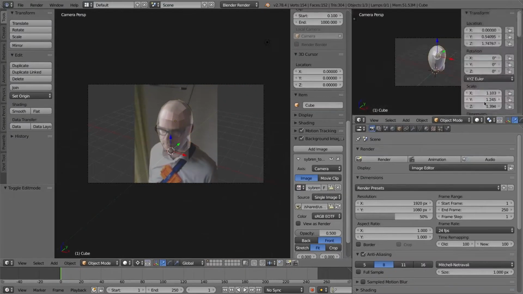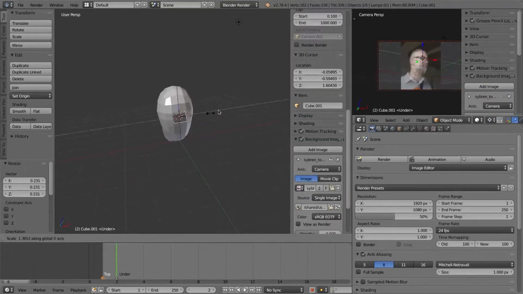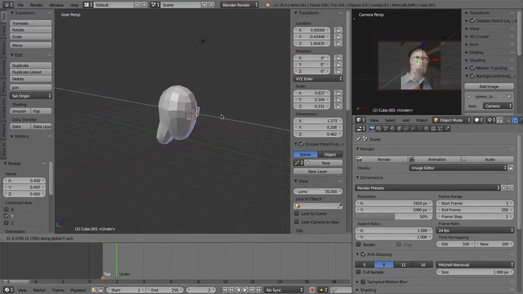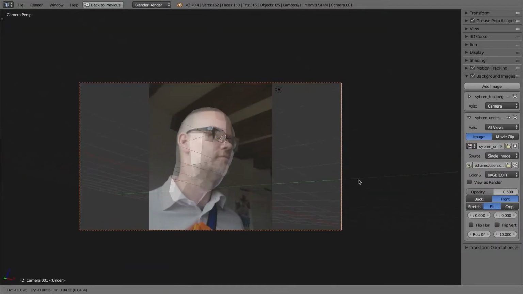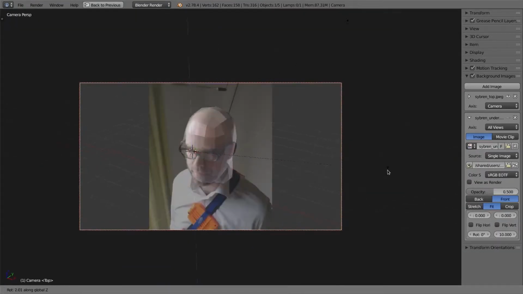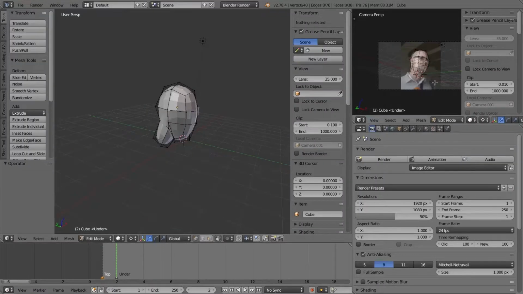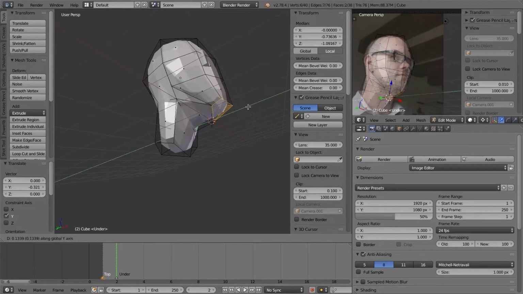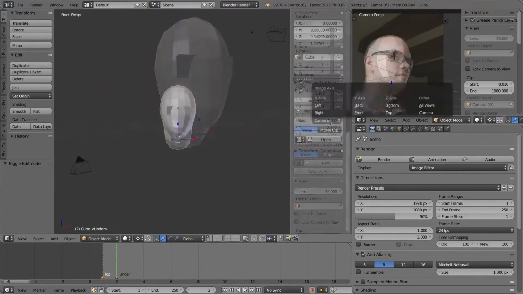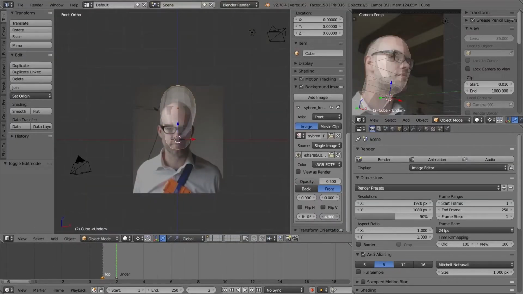And I will use a couple of different cameras and a couple of different images, one from the top and one from a little bit in the bottom. It's also worth mentioning that I have a secondary monitor where I use images as well from the same model. So I have quite a lot of good information. I'm only using these as rough guidelines to get the rough proportions. And that's how I always work.